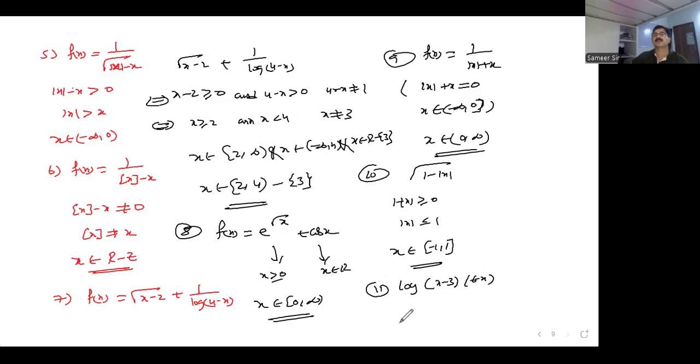और 11th वाला देख, ओके, लॉगरिथम ऑफ (x-3) और (6 - x) दिया समझ, तो करेगा क्या, x-3 और 6 - x, ये तेरा पॉजिटिव होना है, x-3 है, और x-6 ये क्या होगा, नेगेटिव होगा, मतलब ये तेरे को आना चाहिए, PNP मेथड बोलते हैं। ये 6 है 3, यहाँ से देख, लेस देन है तो नो से स्टार्ट कर, नो, यस, नो, तो आंसर क्या होगा, x belongs to 3 to 6, ऐसा होगा,